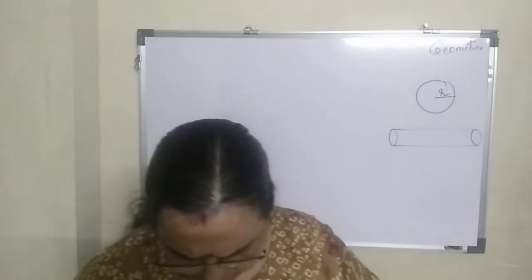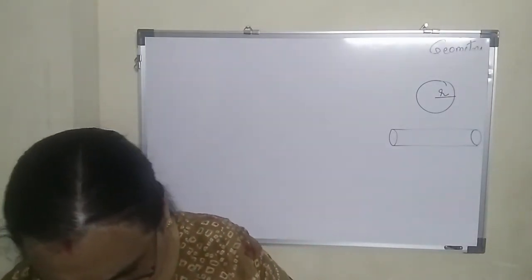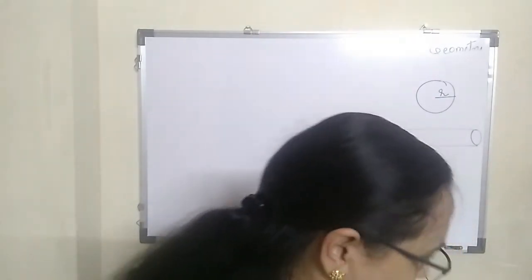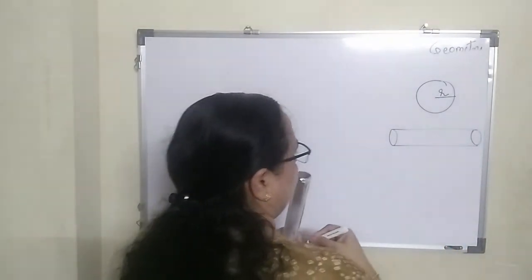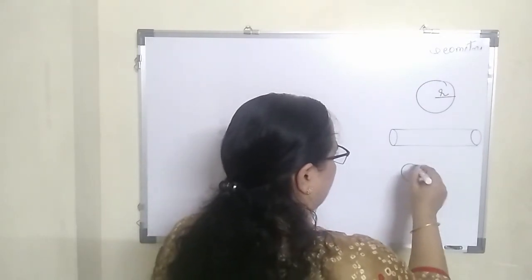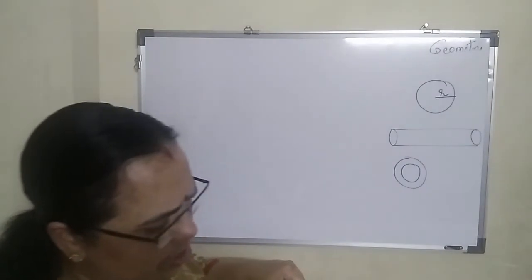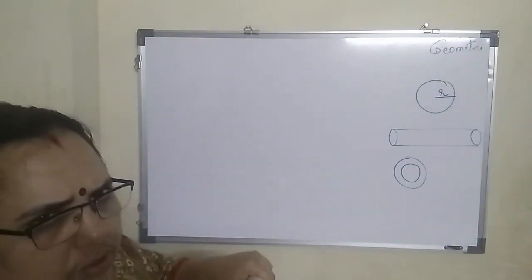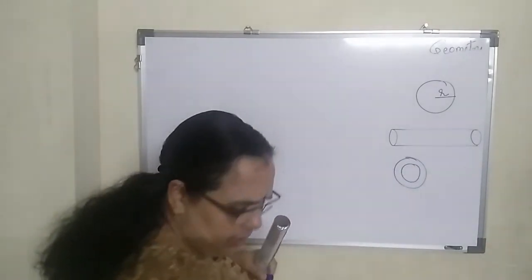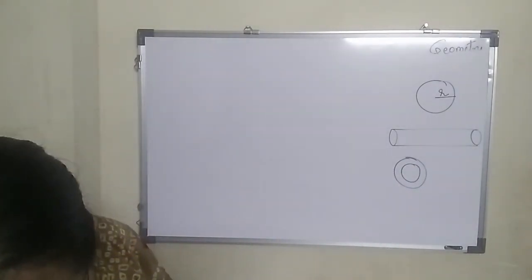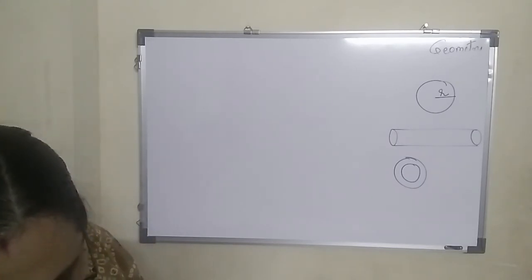Okay. Now, the plastic ball is casted into a tube. The thickness, length and the outer radius of the tube is given. That means, if I keep this like this, what do I see? I have an inner circle, I have an outer circle. Agree or not? The inner circle and the outer circle. So, what all dimensions are given here? Try to understand that. The thickness, length and the outer radius.